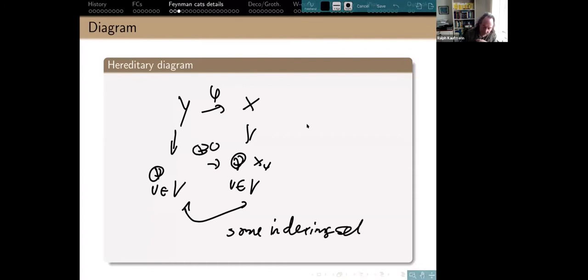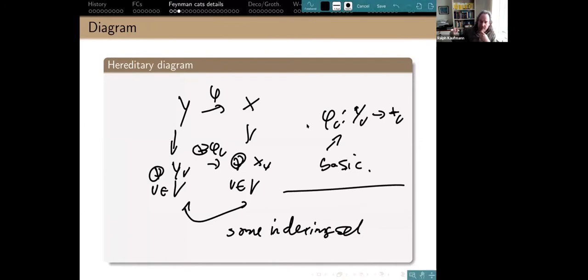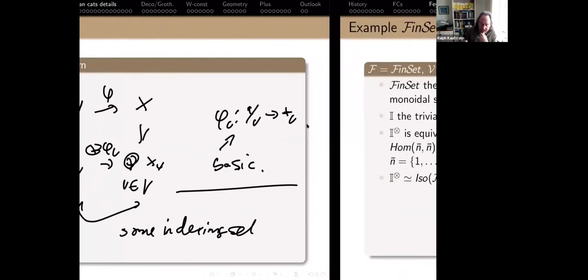And this is the tensor product of the phi v. So then the phi v, they go from your y v to star v. So these are just basic morphisms. In other words, it's very easy to say every morphism up to isomorphism decomposes as simple morphisms. And that's the hereditary condition. As I said in the beginning, this is easy to check. So what you basically get is that gives you a pattern.